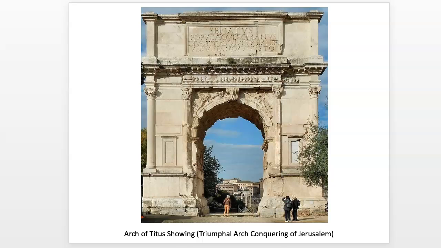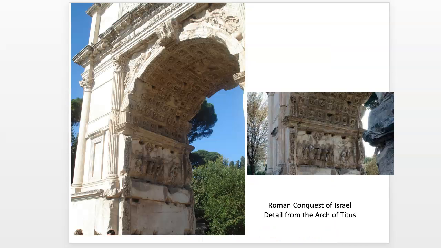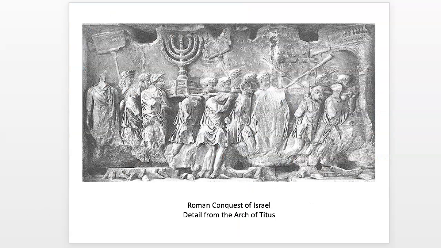So how does this tie into the Roman Empire? Why are we talking about all this stuff? You're probably wondering. Well, this is the Arch of Titus. You may remember it from the last chapter. It's a triumphal arch about his conquering of Jerusalem. And you can see on this inside panel right here that this is the menorahs being taken away,